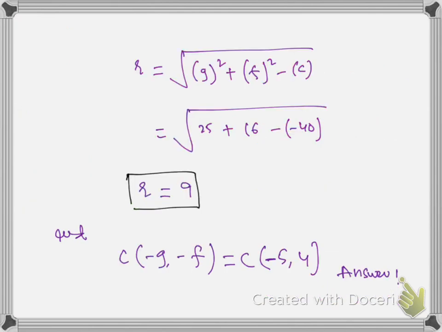So this is the formula of the radius when the equation of the circle is in its expanded form. So finally we have got the radius. Now this is the radius and this is the center of the circle. We had to find both the things and we have found them.